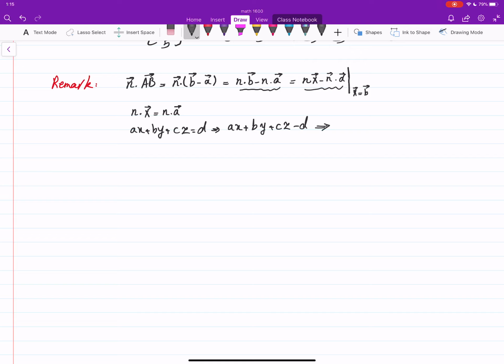and we are plugging in components of b instead of x. So here what we will get is ax0 plus by0 plus cz0 minus d. And that gives us a good start of a problem that you will receive for the first series of